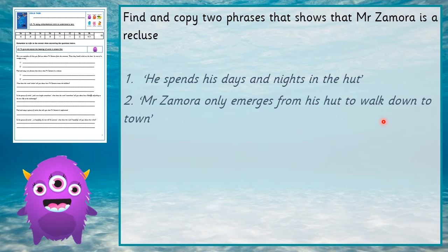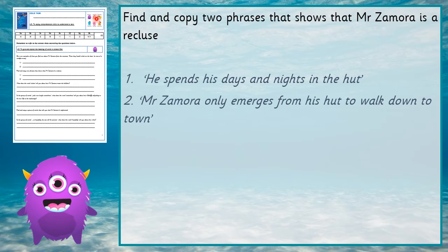Question number 2 was to find and copy 2 phrases that shows that Mr. Zamora is a recluse. Now, you may have never heard the word recluse before, and you may have heard of it before, but the word recluse actually means that they like to avoid other people. They keep themselves to themselves. So you might have got that idea about Mr. Zamora from this text, and then the evidence that you should have pulled from the extract is that he spends